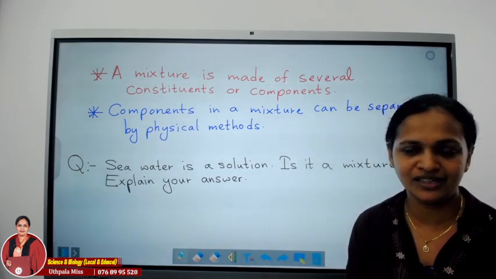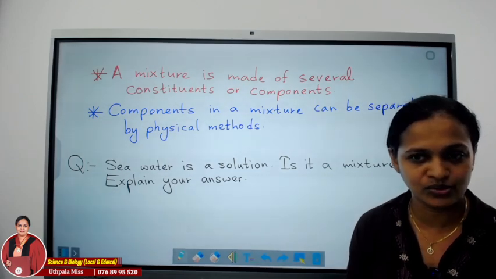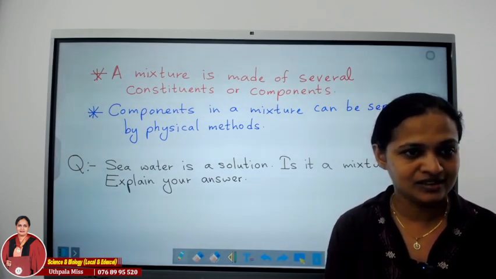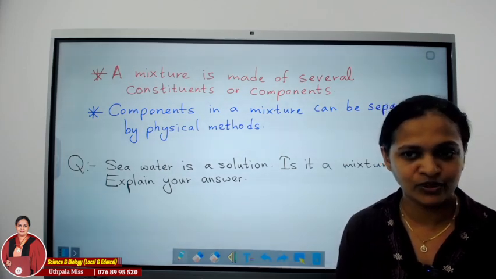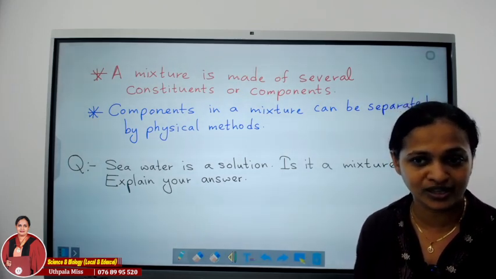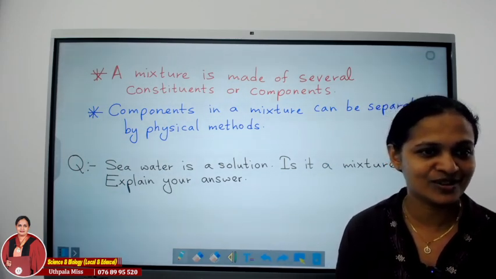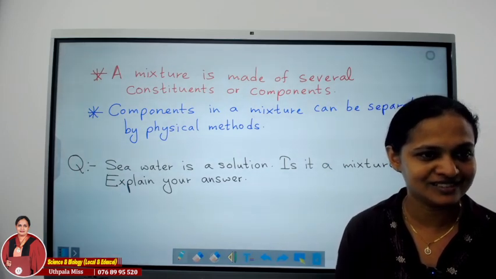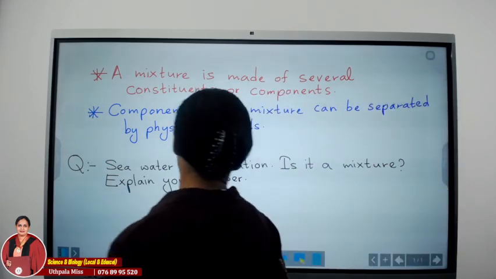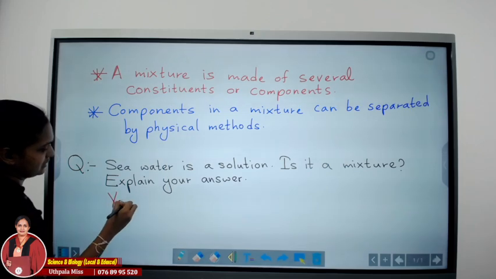So I have heard in countries like Oman, Qatar, Saudi Arabia, they make use of seawater since you don't have enough freshwater resources, right? Teacher, they purify water. They use the method of simple distillation in order to obtain pure water out of seawater, right? Is it true? Yes, those who are living there, do you know the method? Yeah. Right. So your answer should be, is it a mixture? Yes.